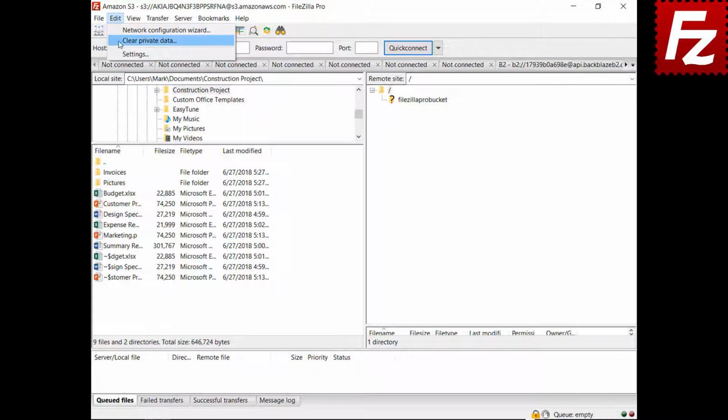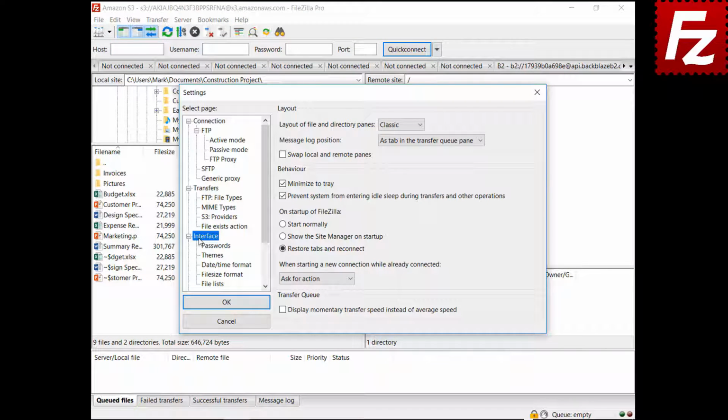Use the Startup configuration to define how FileZilla starts, either normally, or showing the Site Manager, or restoring the tabs and reconnecting. The next option defines what happens when starting a connection while already connected to that. With the default option, Ask for Action, FileZilla asks if the new connection has to be opened in a new tab